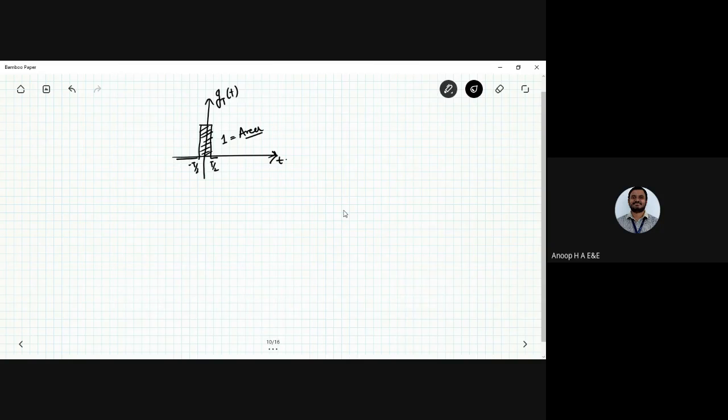Now this is the width here. What I've represented here is the width of the unit impulse function. If you want to analyze it in a mathematical way, you can, and the height would be 1 divided by T. Now what you can observe in a unit impulse function